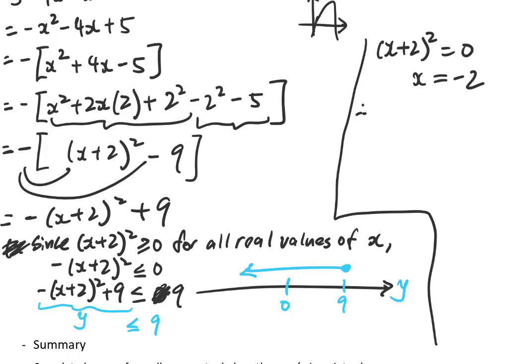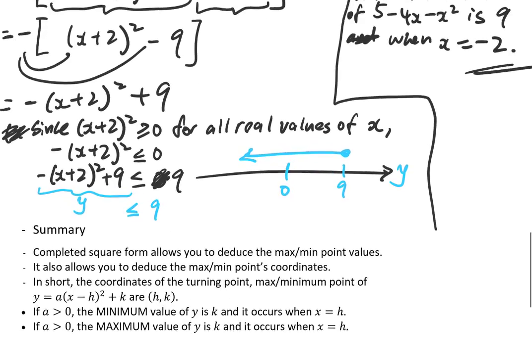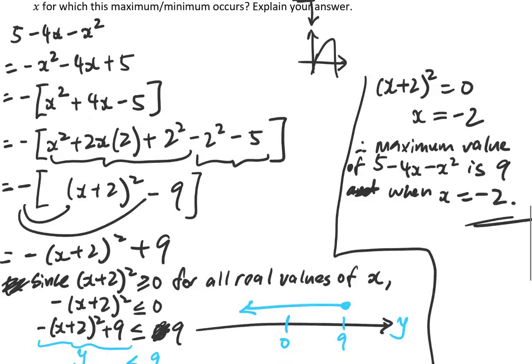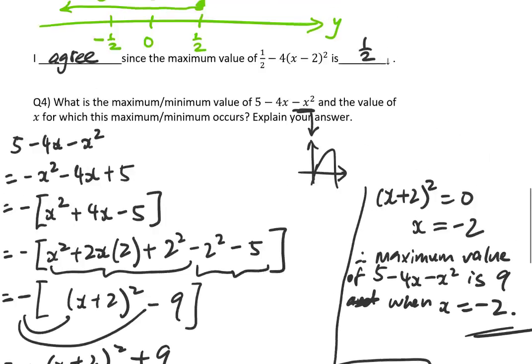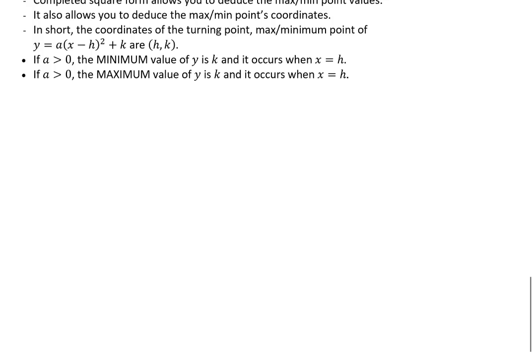So you can write your statement. Therefore, maximum value of 5 minus 4x minus x squared is 9. And when x equals minus 2. Okay? So this is how you do all these proving questions. I mean all the square questions. Okay? So in summary,